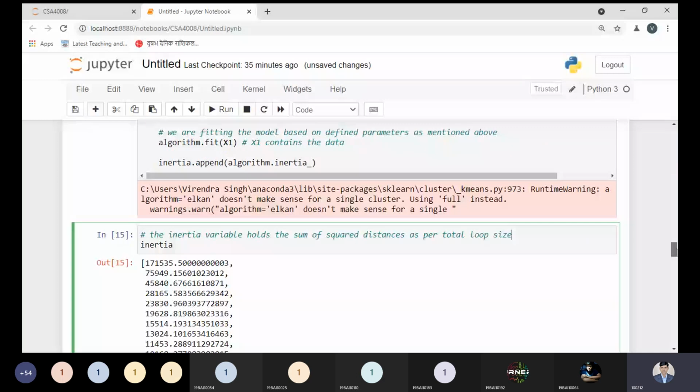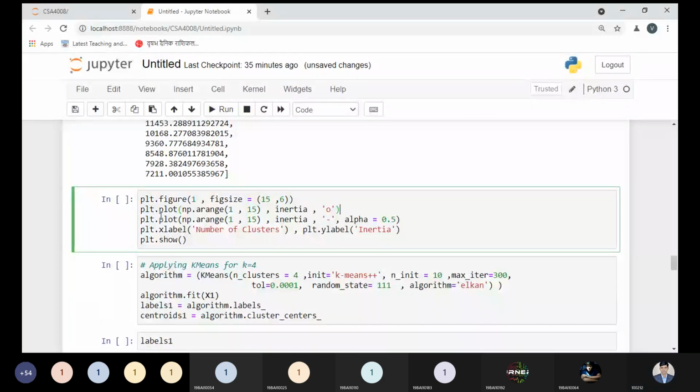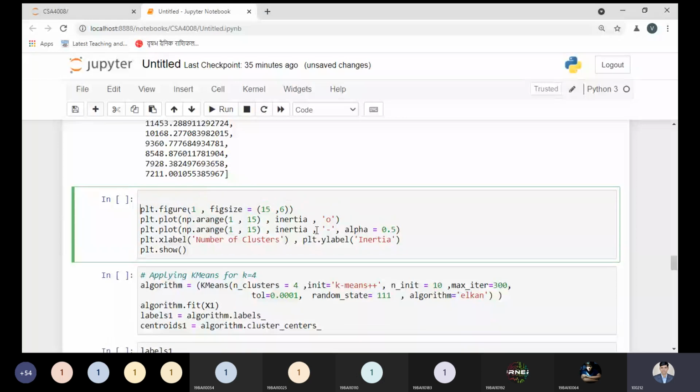Okay, so from this point, what do I need to do? I need to plot. We need to display the information, the total number of clusters followed by the inertia. Inertia, I'm speaking again, is the sum of the distances. You need to keep that in mind. So I'm displaying the information to get the optimum K value. We need to display the information to get the optimum K value. Just let me print over here.